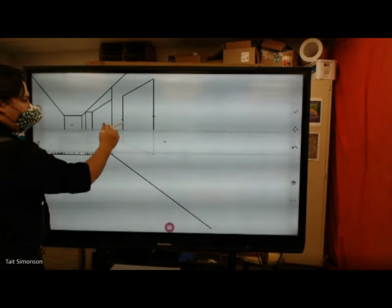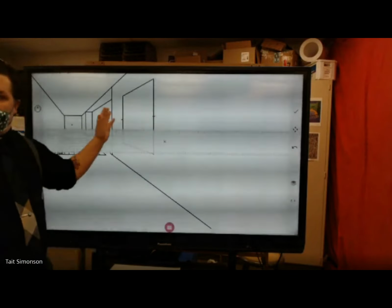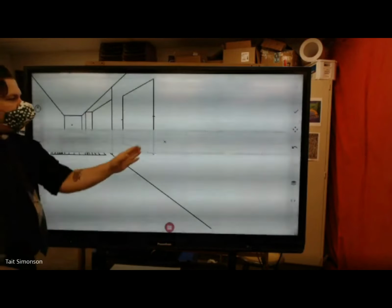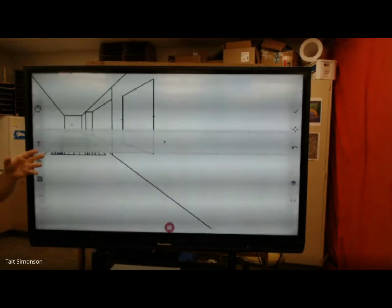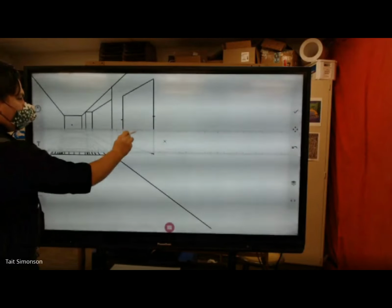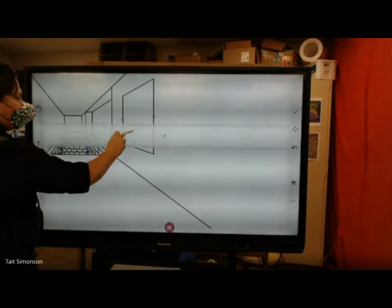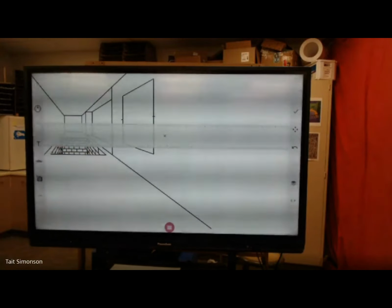Now, a big thing with this is perspective drawings always get bigger as they get to the side of the paper, right? Everything gets bigger. So when I find the halfway point of this square, I can't make them the same size because that would throw my drawing off. So what I'm going to do, if this is 5 across, 1, 2, 3, 4, 5, what I'm going to do is I'm just going to go somewhere a little bit closer to 2, and the next one being 3. Okay, does that make sense? No? Okay, so like